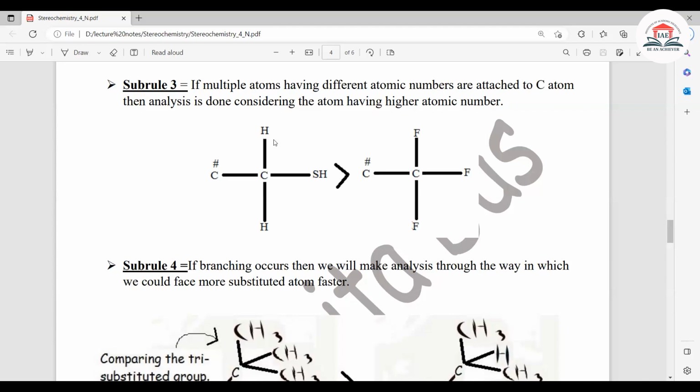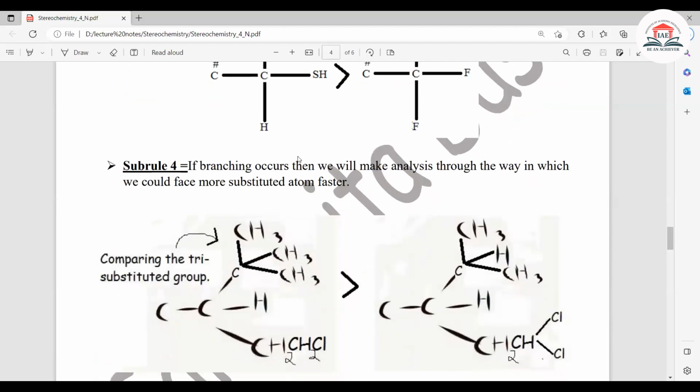You can think that you will think first that there are 3 fluorine atoms and there is only 1 sulfur, and 2 of them are hydrogen, which has only 1 atomic number. So in that case, you will have to do the consideration in terms of the atom having the higher atomic number. Okay, because sulfur is present and sulfur has got the higher atomic number, this entire group will get the higher priority. You will not even look at the rest of the groups. ঠিক আছে? Next is